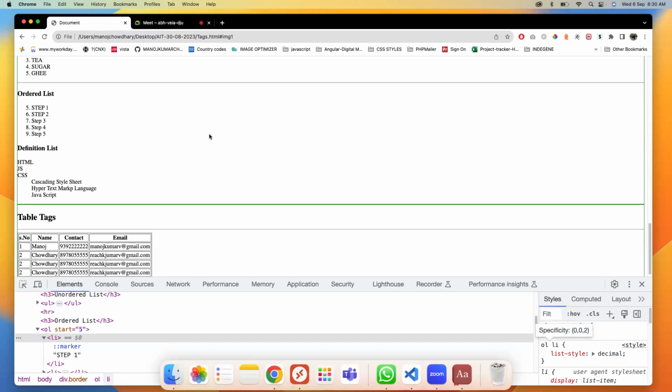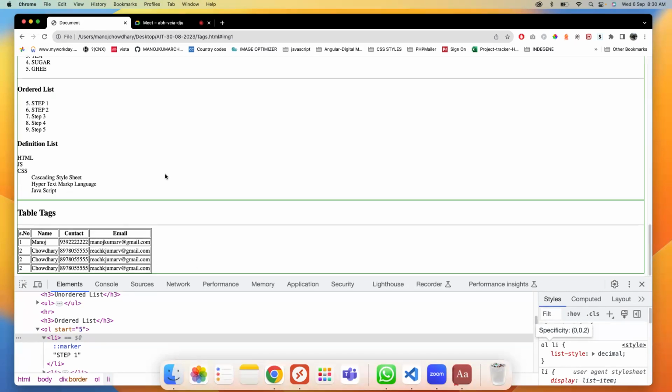But if you see here what the browser is doing, as soon as I give border equal to 1, for each and every element it is creating a border. That's why the table has a border, and each and every column has its individual borders, right? It may look good, but sometimes it may not look good. So if you want to avoid this, what do you have to do? So